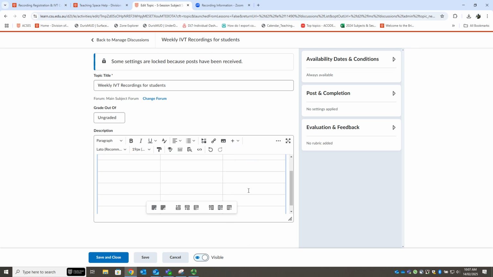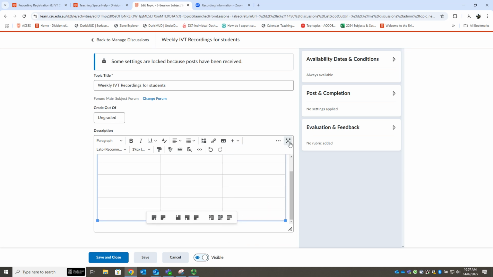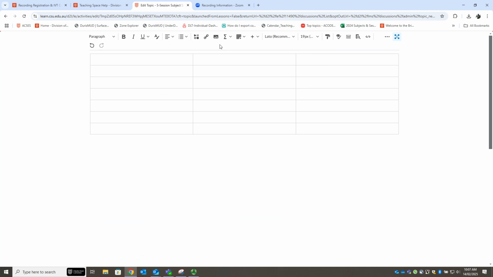Let's just make a few to begin with. We'll make this a bit bigger, or we can even pop out this screen so we can work with the table in full screen. We'll give it a title, week, maybe the topic. You could add another column for that, and let's go with Zoom recording link,